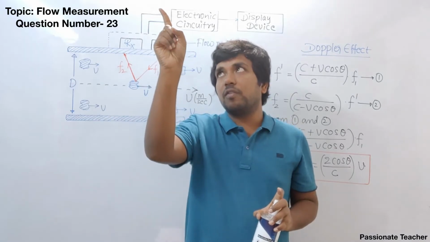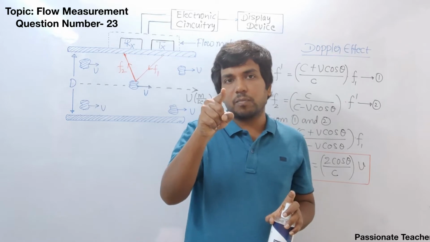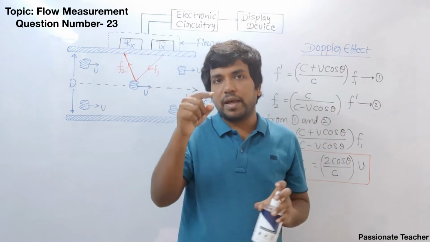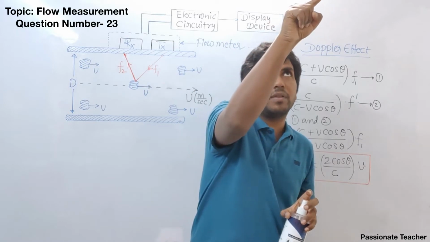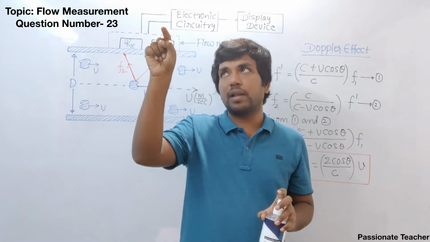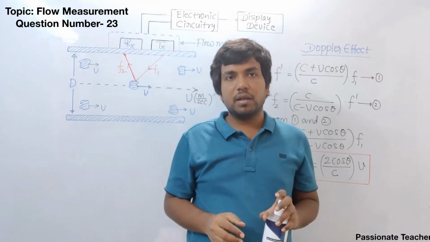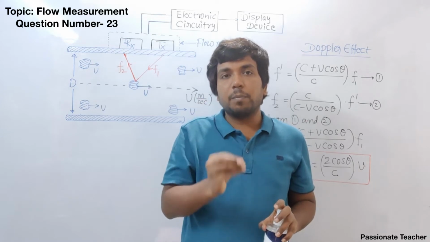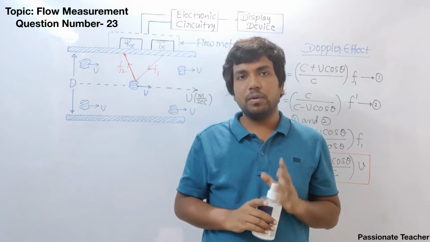When the transmitter releases the signal like this, and here we have a suspended particle, once the suspended particle receives the signal from the transmitter, it will emit in all directions. It will scatter the wave in all directions, and one wave will transmit in this way to the receiver. Suppose apart from this particle we have one more particle here, then this particular signal will be scattered by that particle. Clear? So in the wave direction, whatever particle is there, that particle will respond to that particular wave. This is the primary point which you need to remember.